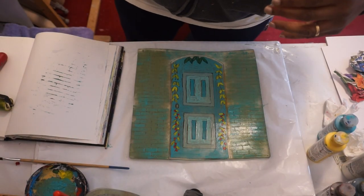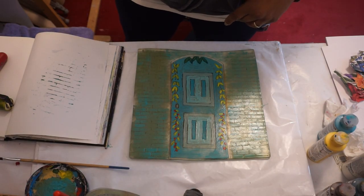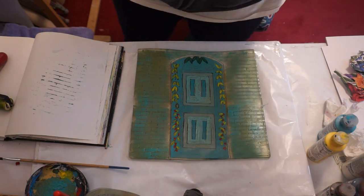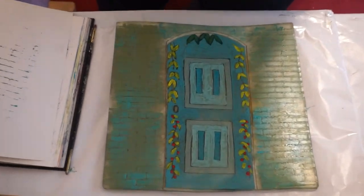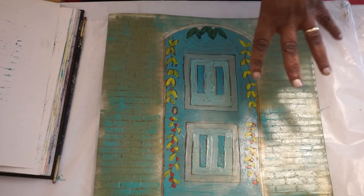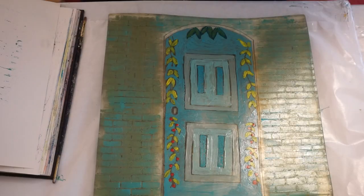Okay, so it's been about 20 minutes to paint this background on, the sides and all the color. And so now I'm going to place